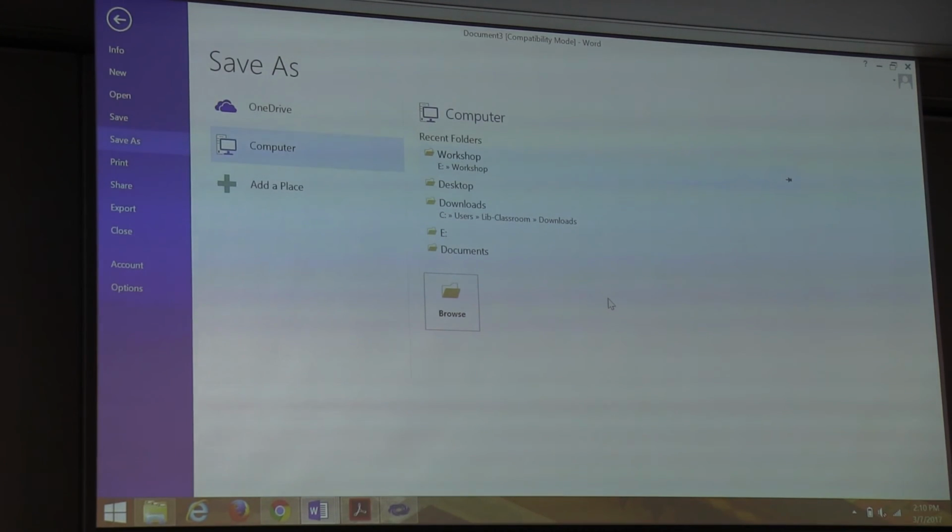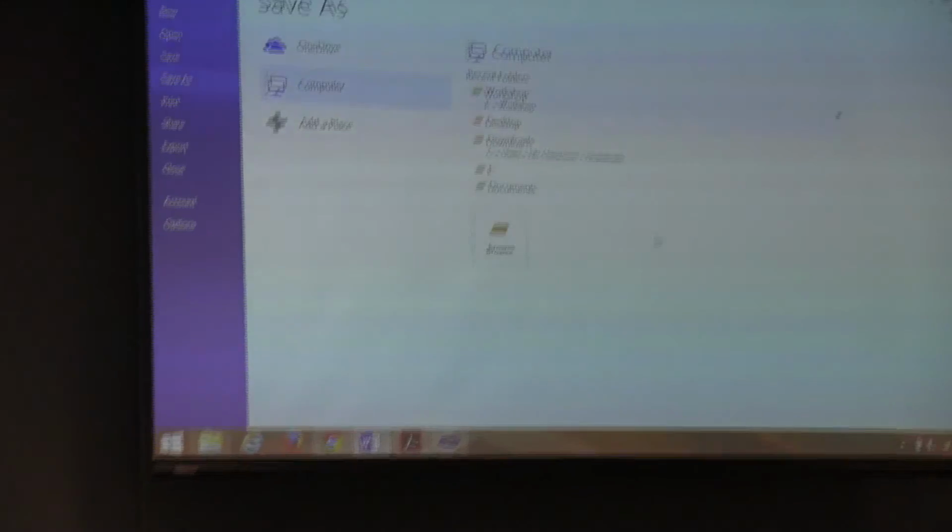Is there, for the works cited at the end, is there any sort of system that organizes that for you, or do you have to do it yourself? For that, you pretty much have to do that one yourself. Word has a little EndNote thing with it, or there's an EndNote program that's real good for adjusting everything the way you want. But yeah, that part's kind of up to you.